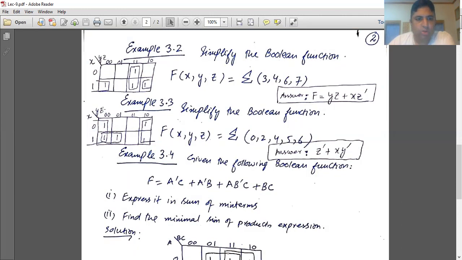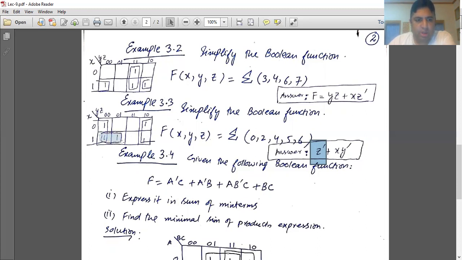And then you can see on the top, y is equal to 0, z is equal to 0, and y is equal to 1, and z is equal to 0. So y is also eliminated because y is changing from 0 to 1, but the function still remains the same. So x and y will be eliminated. The third variable z is 0 here, so we will write z bar. So z bar is the first term of these 4 ones taken adjacent.